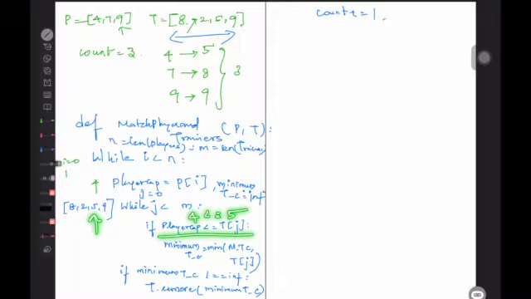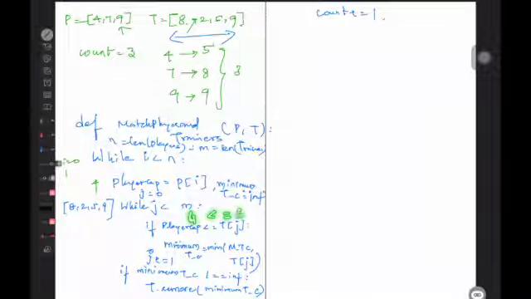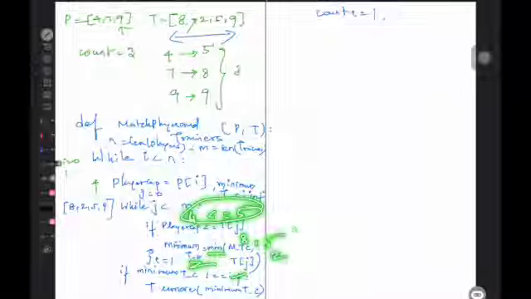Next j equals 3. Okay, I forgot to increment j plus equals 1. So here 4 is less than or equal to 5, yes. Now it compares 8 comma 5, minimum is 5, so it gets updated to 5.